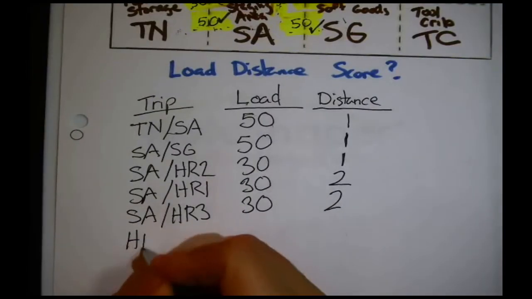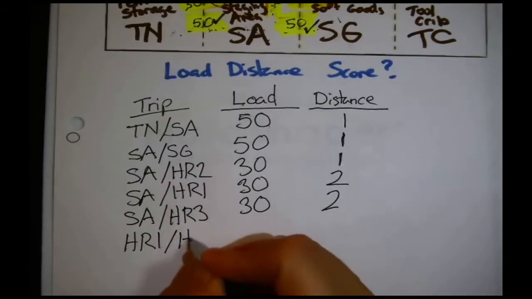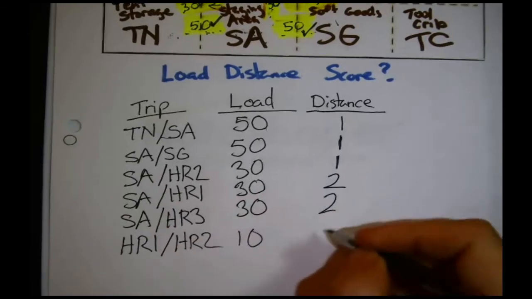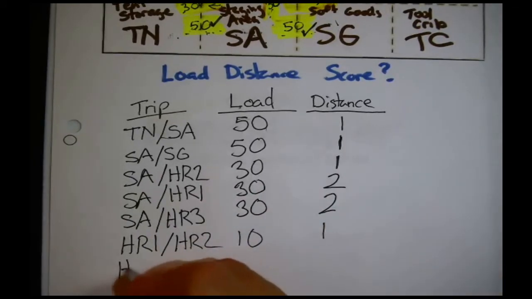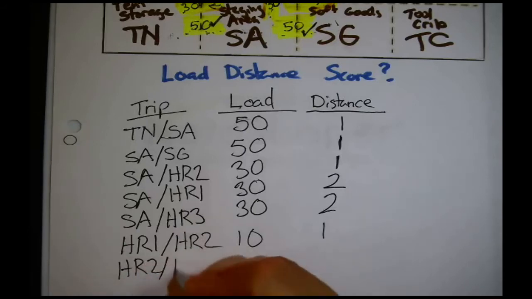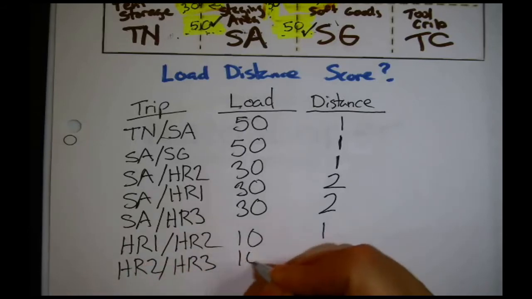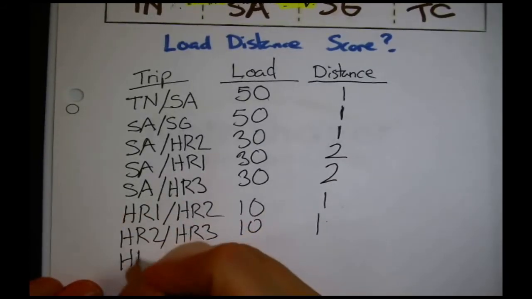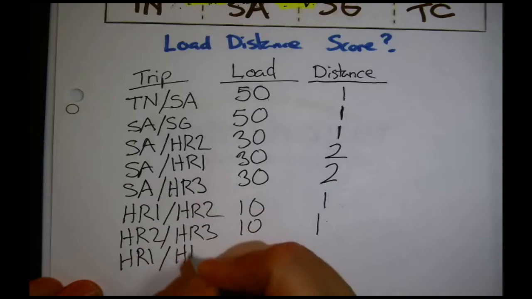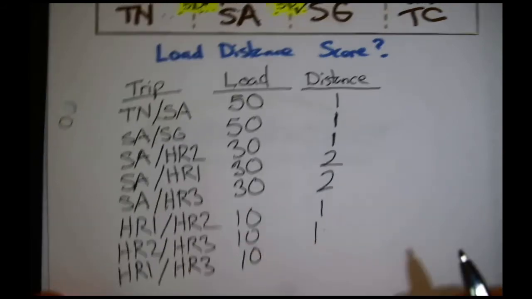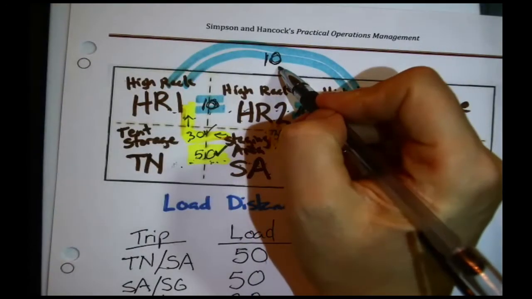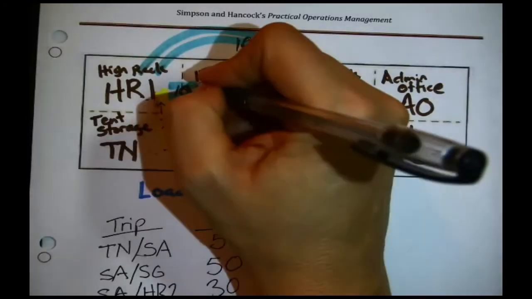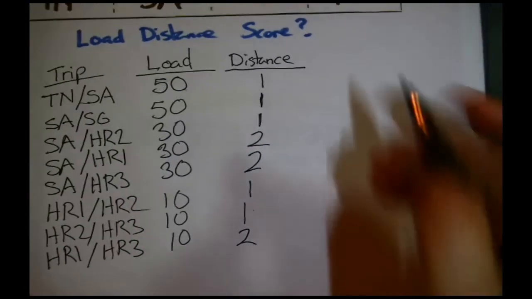High rack 1 to high rack 2: load of 10, their next door neighbor's distance of 1. Same as with high rack 2 to high rack 3, load of 10, their neighbor's distance of 1. High rack 1 to high rack 3, however, load of 10, but that's this one. It's 1, 2, a distance of 2. All right, so that one's there, that one's there, that one's there. All right, I have everything that I need